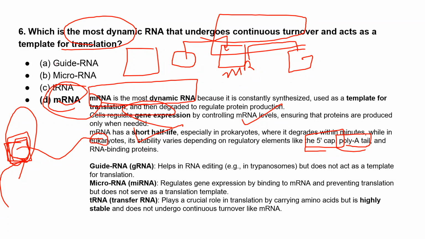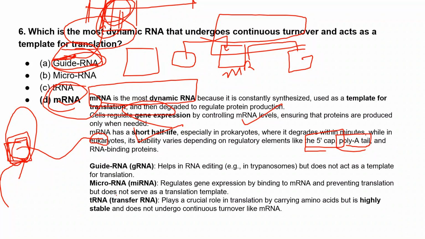Why are the other options not correct? Guide RNA is a small RNA sequence which helps in RNA editing. If we want to knock out any gene in our genome, we provide the guide RNA. This guide RNA is complementary to our genome, and it will go and bind to the complementary sequence. In CRISPR we synthesize this guide RNA, sgRNA, and then the Cas enzyme will act and cut that strand.